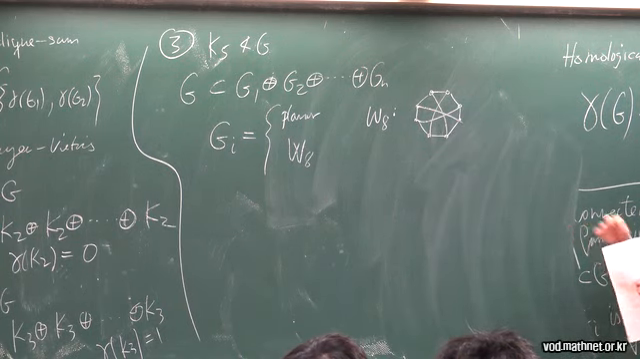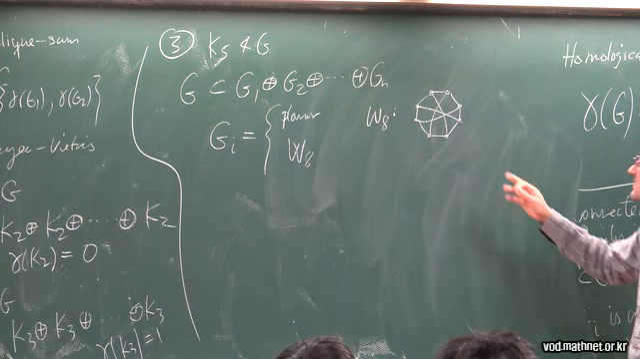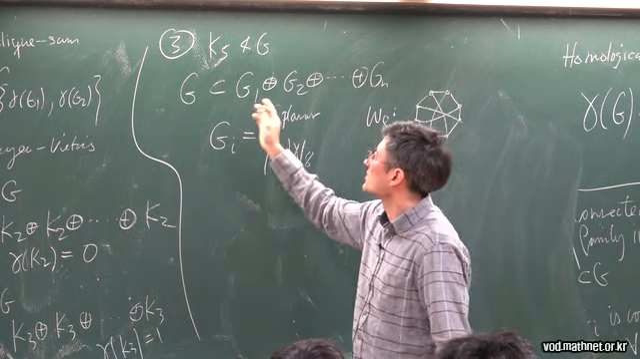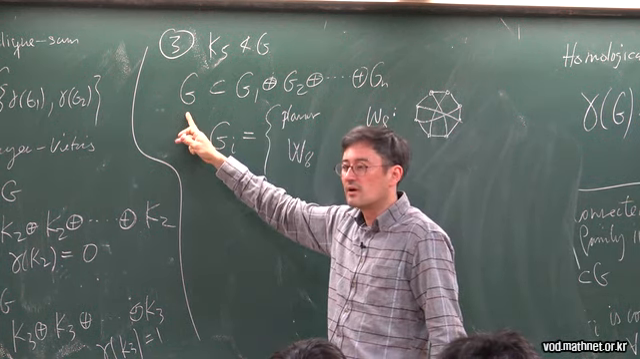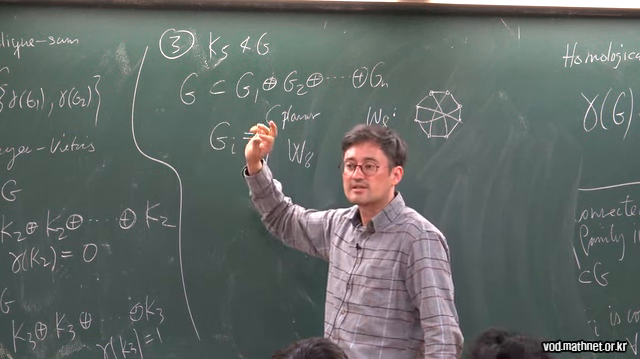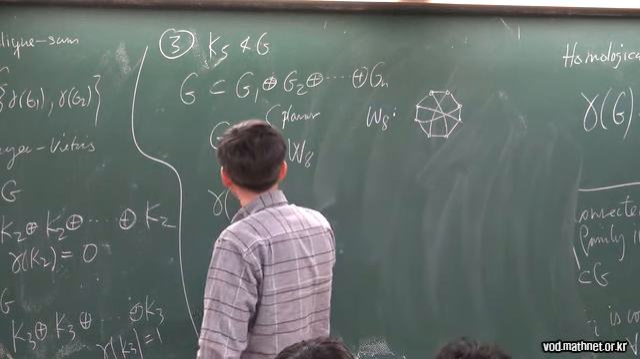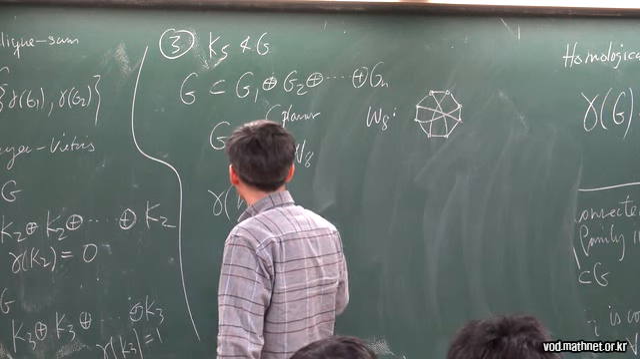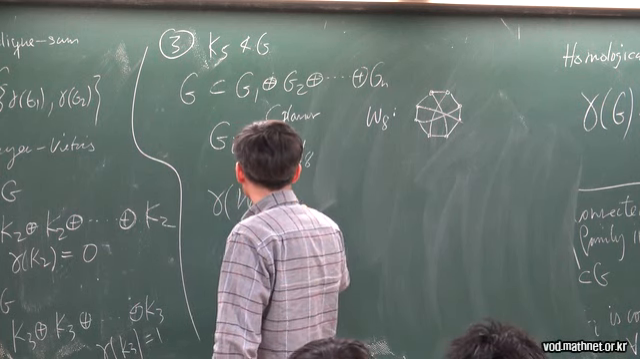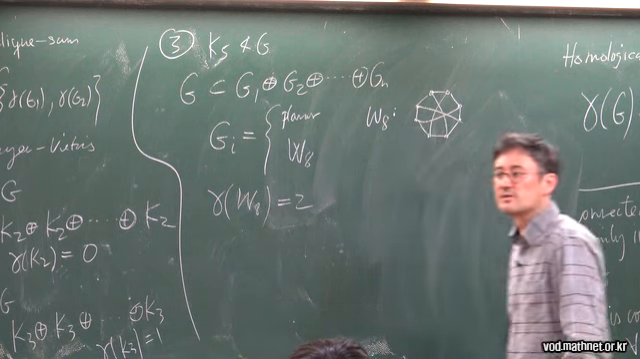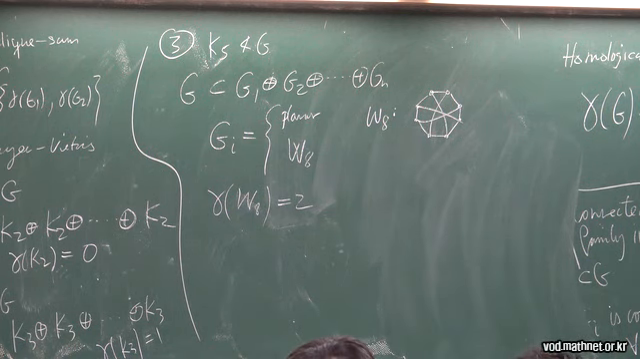Now, if you take clique sums of planar graphs and these, then you will contain any graph that has no K5 minor. Okay? And then you compute in one way or another that the homological dimension of W8 is 2, and then you compute that